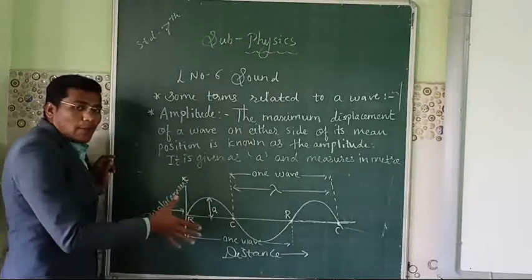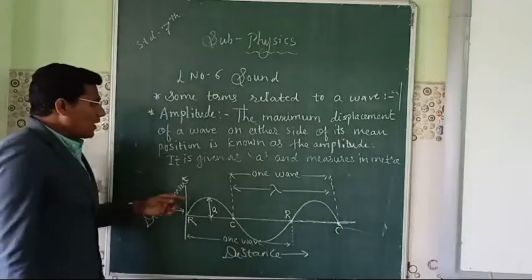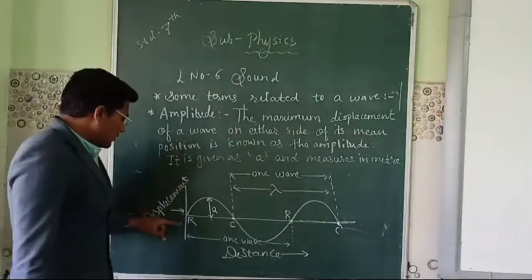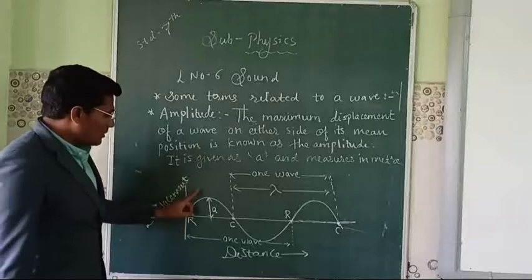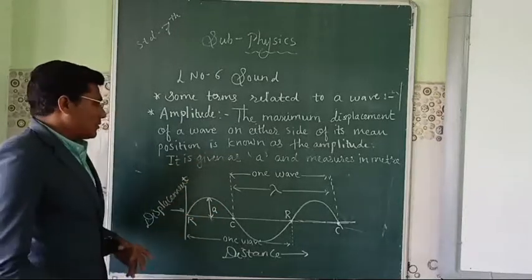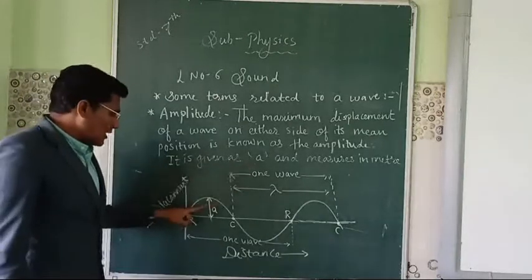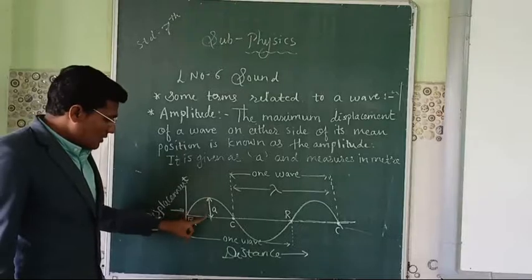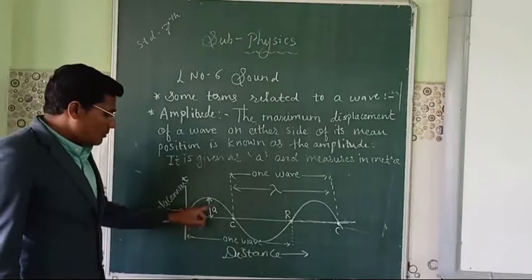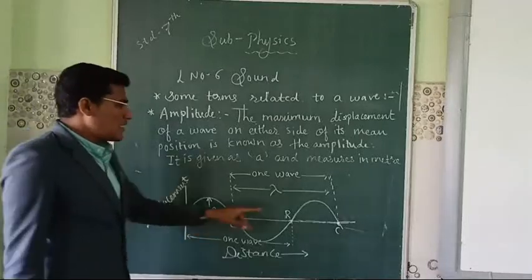The greater the height of the wave, the greater the amplitude. It is represented by small a, as I have shown here in the figure by this arrow, and it is also measured in